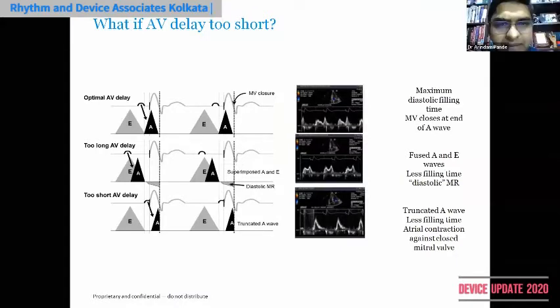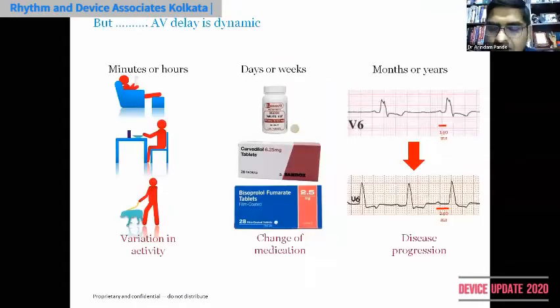And as you all know, the AV delay can be a paced AV delay or a natural one. For example, as Dr. Bhadra was mentioning, if the patient has sick sinus syndrome, then in that patient the atrium is also getting paced. Generally, the paced AV delay and the intrinsic AV delay are not similar. The paced AV delay is somewhat shorter than the intrinsic AV delay.